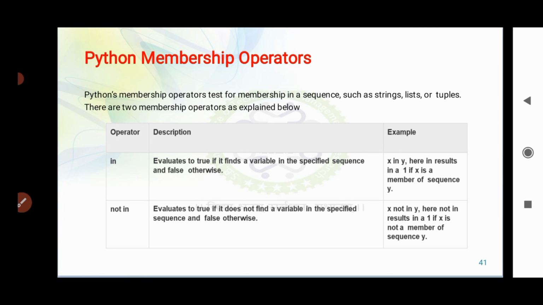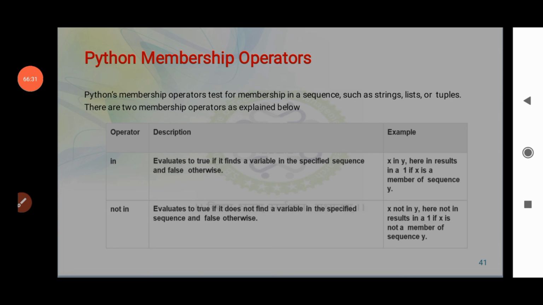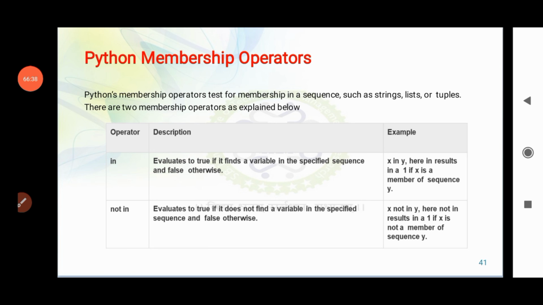These operators are basically used to identify whether the given particular values are present in the particular string, list, tuple or sequence. If it is in there, then the result will be true. And if those particular values are not present in the given sequence, string, list or tuple, then the result will be false.